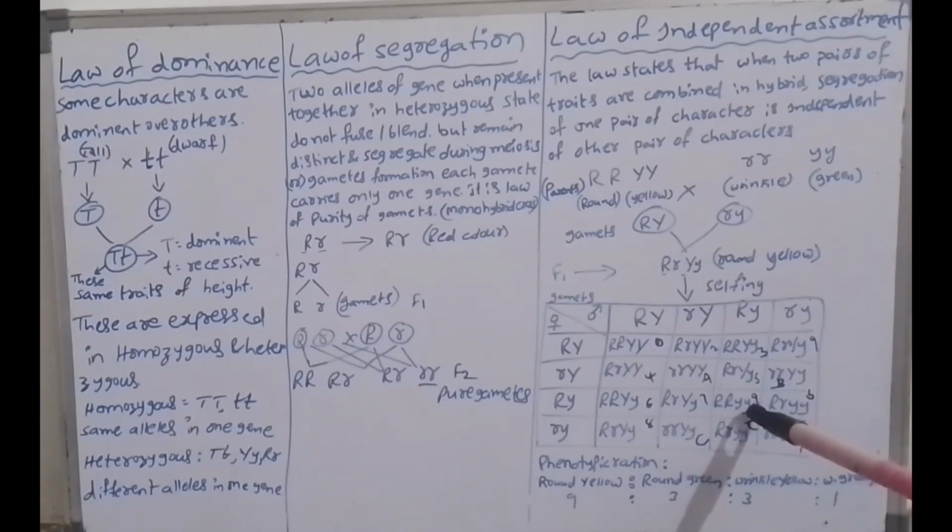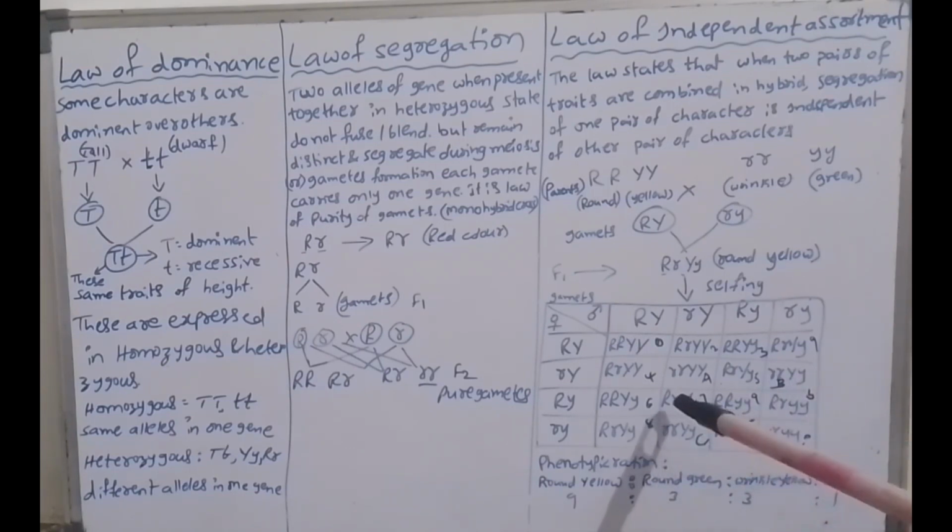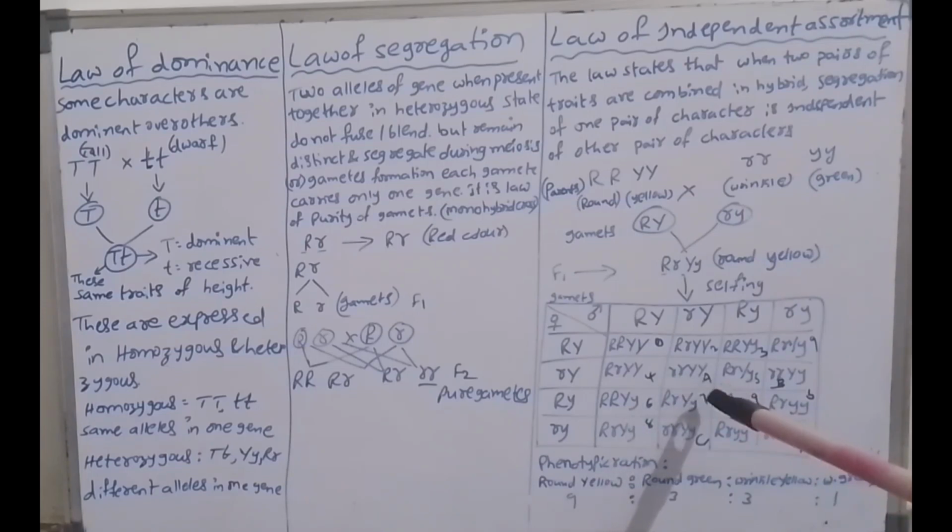So these are A, B, C, three plants that are round green. Then wrinkle yellow, next wrinkle yellow, next wrinkle yellow: 3. Next wrinkle green, small r, small y, one plant. So the total phenotypic ratio